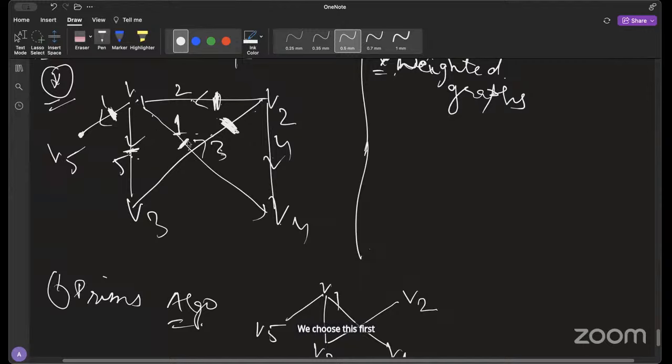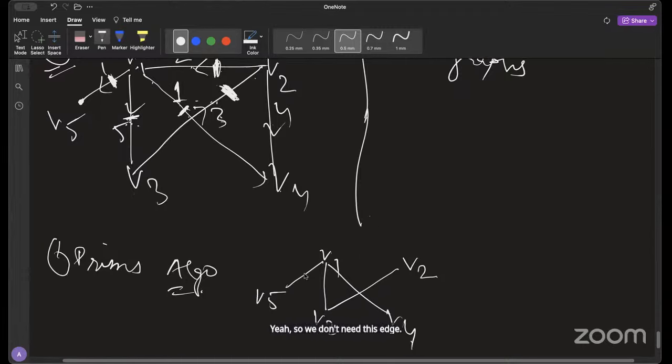Then next up we choose this one. Then because we can't choose anything else from here, we choose this one next. And then from here we choose this one. So we don't need this edge. This has weight 1, this has weight 5, this has 3, and this has weight 1 again. And every vertex has been covered. So this is